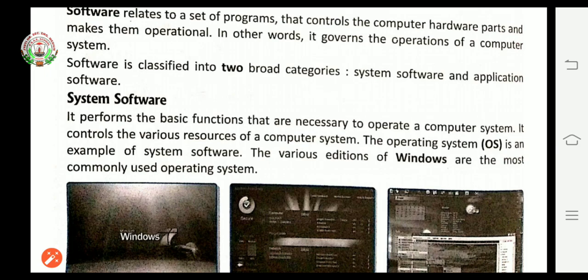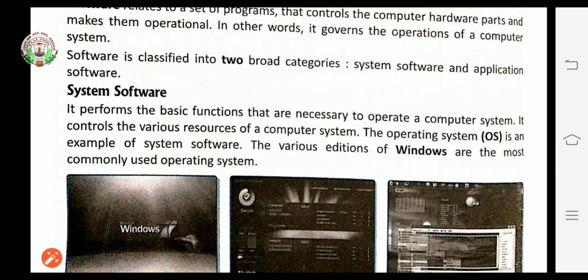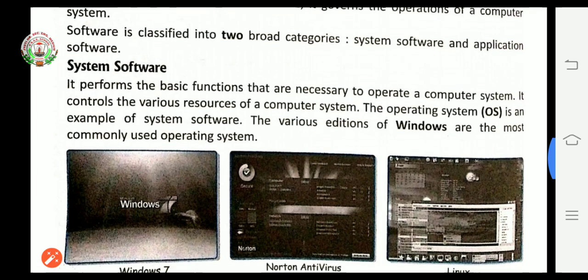The operating system, OS, is an example of system software. The various editions of Windows are the most commonly used operating systems, like Windows 10, Windows 8.1, Windows 8 and Windows 7.